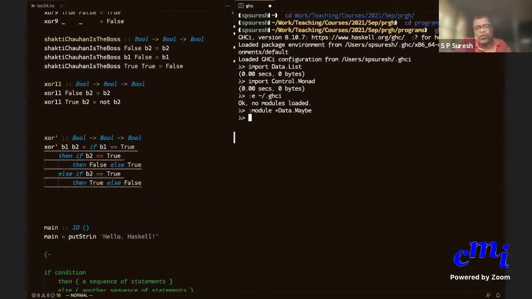So right now, if you want to do such things, put all of those things in the same file and then load. Is that fine?